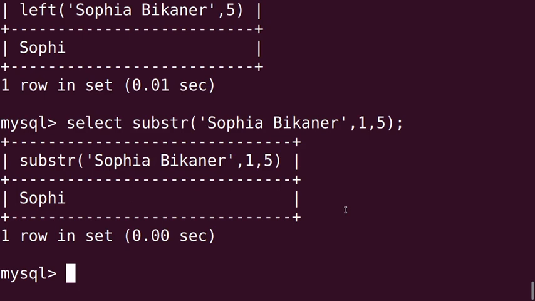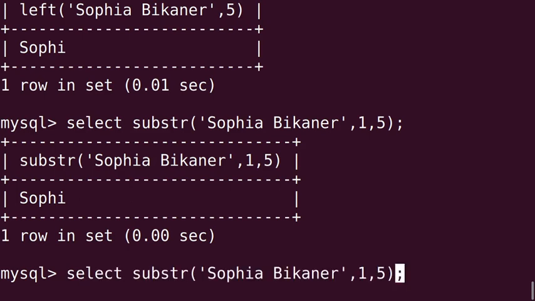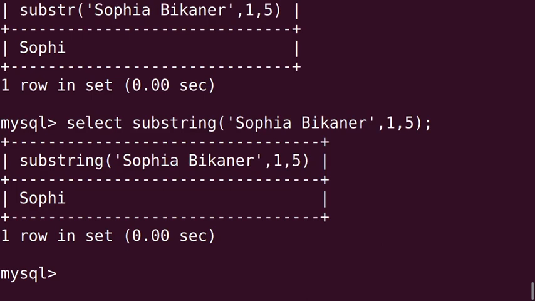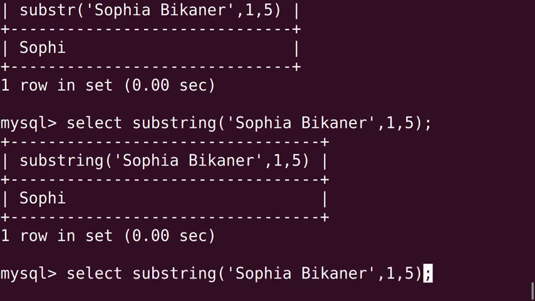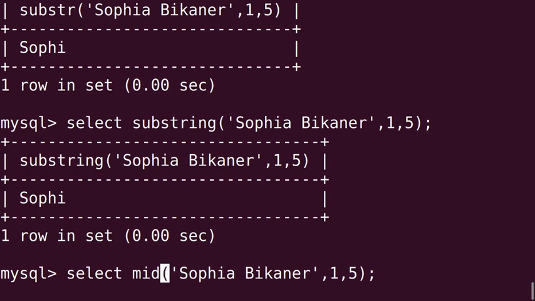Acha, one more thing I told you, that the sub-str function has 2 more synonyms. So that also you can try like this. In place of sub-str you can write substring. See, the output is the same. One more synonym, do you remember girls? That is mid. I told you that is also in your syllabus.